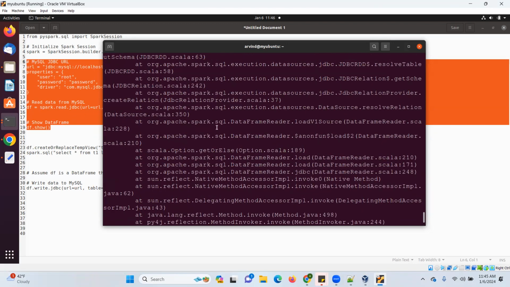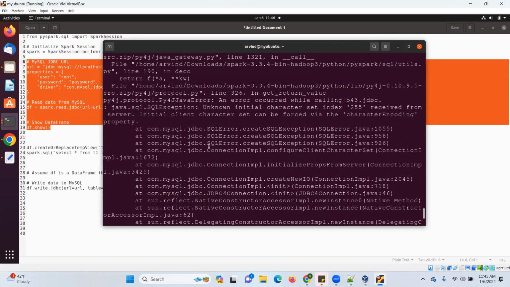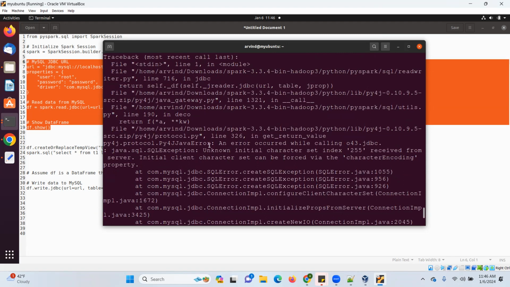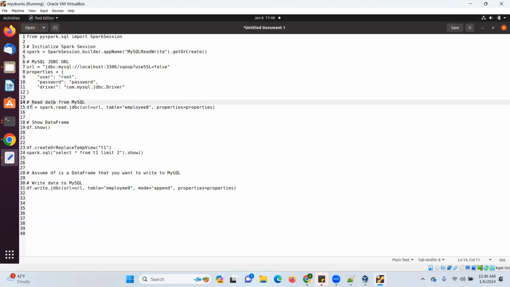Df is not defined. Okay, so here is one more issue that comes up. Through this package statement, there is a character encoding problem. This character encoding problem means it is not able to read the data. If you are not able to read the data as a data frame, then definitely df.show will fail, right? So in this kind of